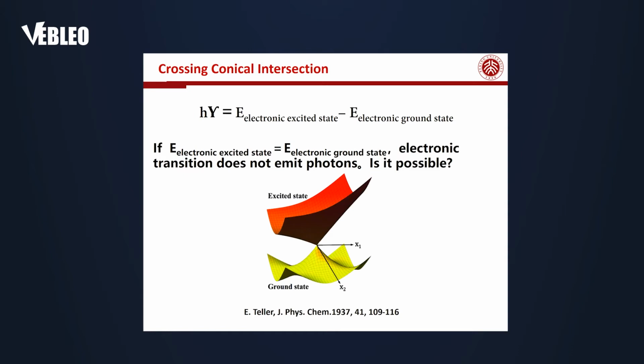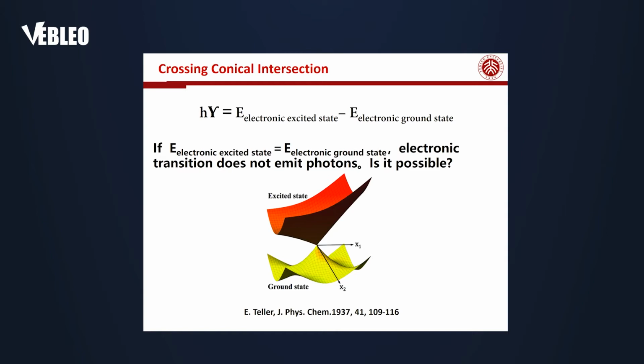As early as 1937, Teller already wrote a paper to describe this phenomenon very carefully. For example, as shown in this figure, a molecule may have an electronic ground state and excited state, and each state has a different potential surface. At certain conformations, its excited state energy may be the same as the ground state energy, and at this point those two states are degenerate, and this point is called